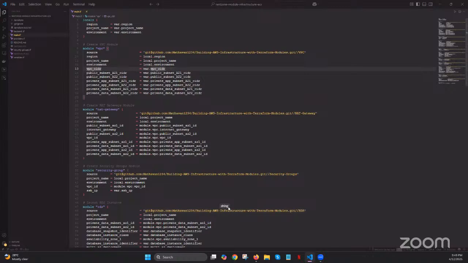So in sharing with GitHub, I can share this project and module, and whoever is viewing can understand we are pulling from GitHub. Exactly. They can find where your modules are, right? Because you can see your modules by looking at it. Your module is in the repository you called building AWS infrastructure with Terraform modules, right? So anyone that's looking at it can understand that.